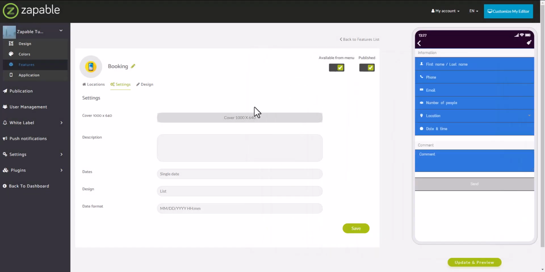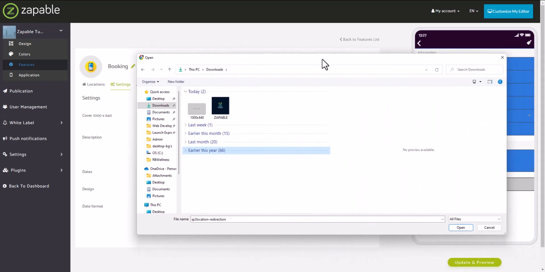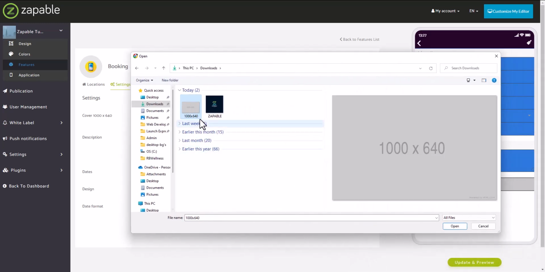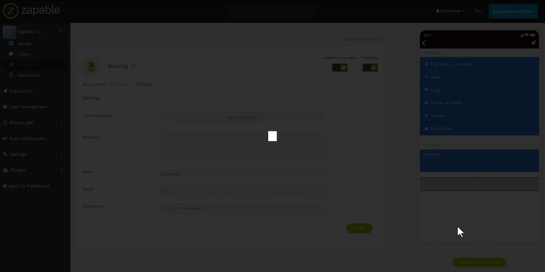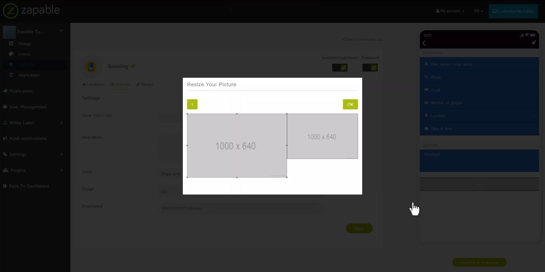Let me go and grab that again as the cover, and go to my downloads. If I bring that back in, we can see the image here. I click on open, and that's going to upload the image into our application. You can see that if we wanted to make some adjustments, we can resize this. It will scale depending on the resolution of the image you're using. So if I click on OK,